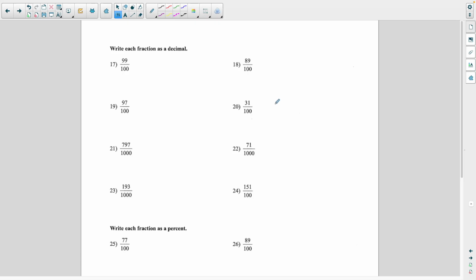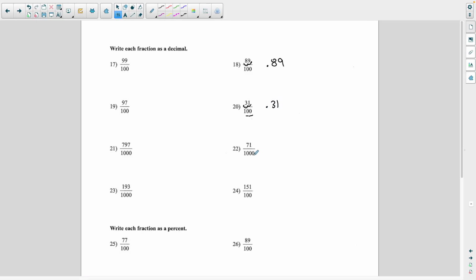Now we're going to change our fractions to a decimal, which is actually not that big of a deal because when we're dividing by 100, that's in essence what we're doing with percentages. So we take the decimal right here and we move it over to the left when we divide by 100. So when we divide by anything with 100 or 1,000 or whatever, we move the decimal to the left however many zeros there are. Well, there's 2 zeros here, so I'll move this over to the left twice, gives me